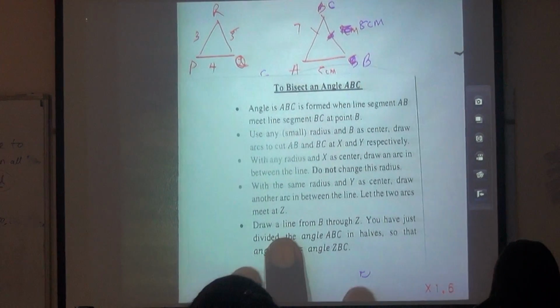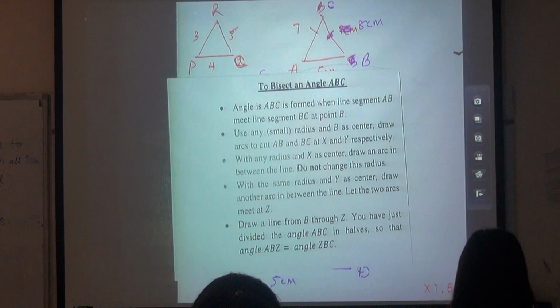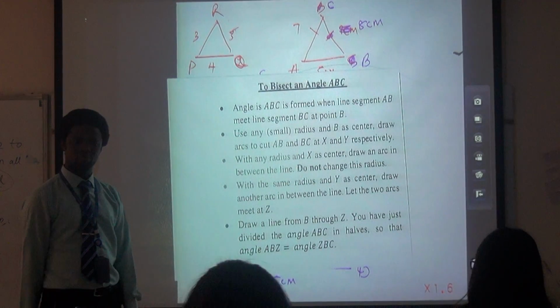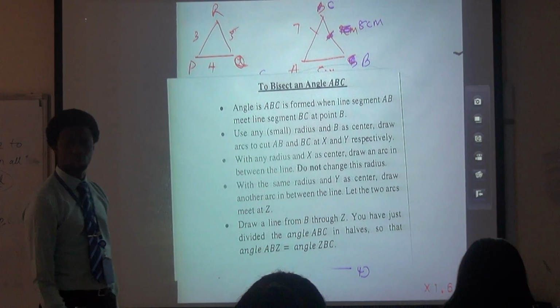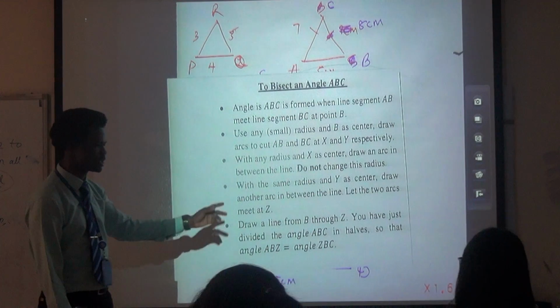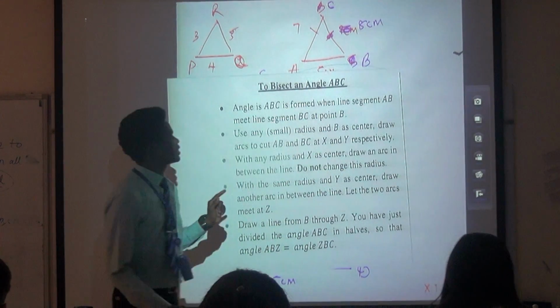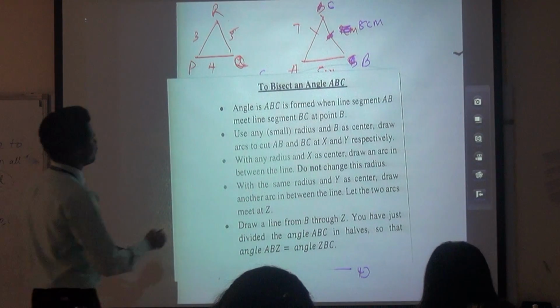Okay, everybody look up. So to bisect an angle, we're going to follow these steps. Some of you have really made very good attempts. A lot of you got it right. Just a few of you need to be reminded, so please pay attention. We're going to leave it like 4 minutes. Angle ABC, definitely an angle is formed when two lines meet, right? So if the angle is angle A,